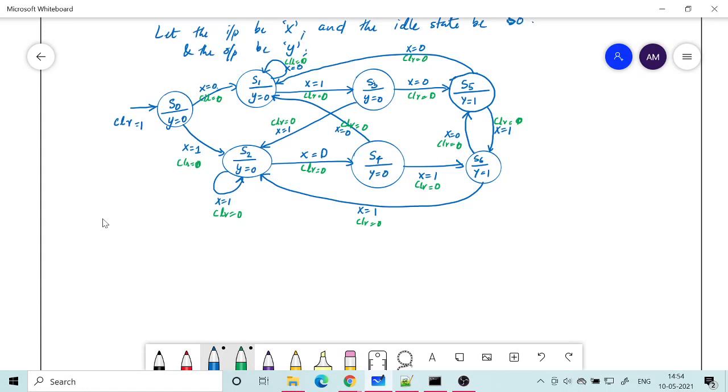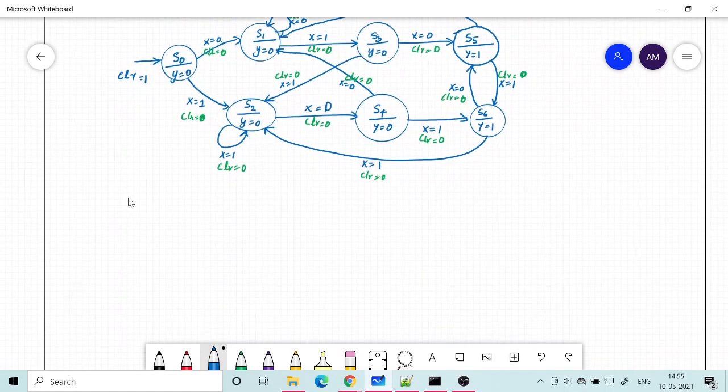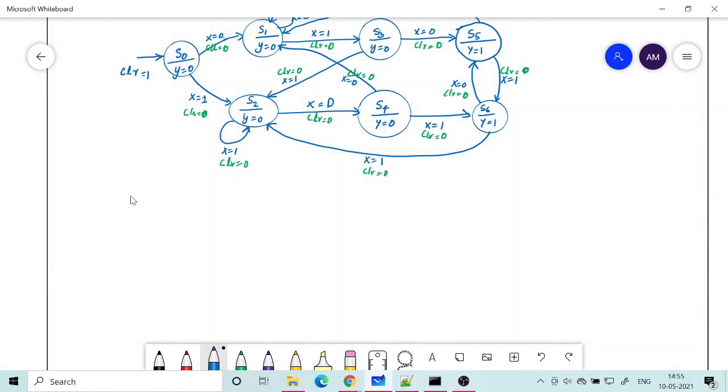So we hope you remember the block diagram that we had earlier. So we had a combinational circuit. So the design will contain a combinational circuit, and to this combinational circuit, in this particular case, our input is X and clear,